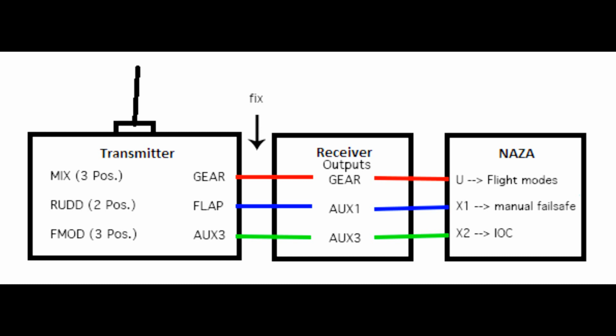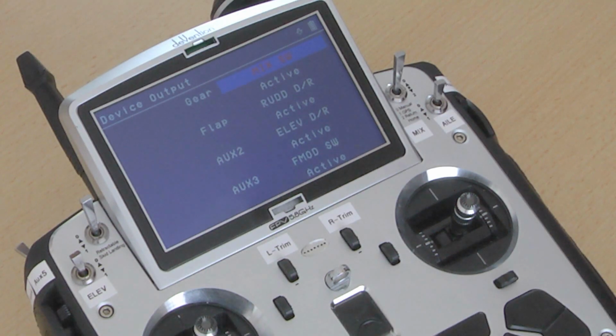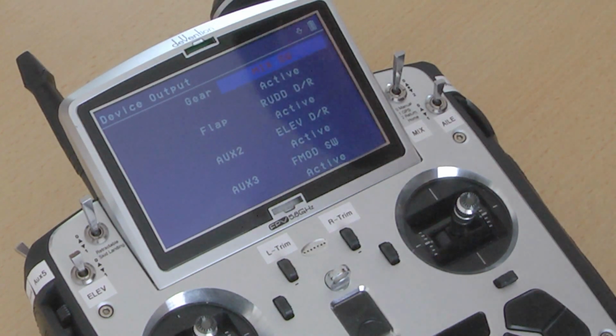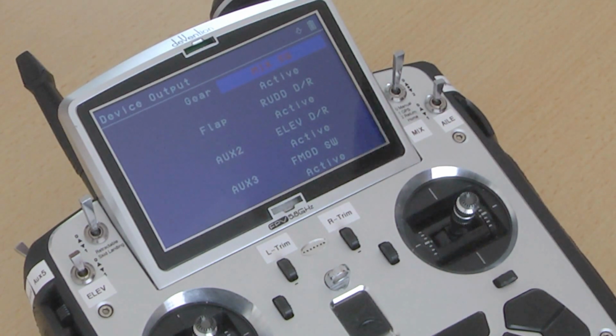Please remember that this scenario is only working for the traditional signal input, where the receiver channels are connected to the flight controller's channels one by one. If you use another receiver which supports PPM, the mappings of the channels between the receiver and the NASA will be different. If you want to change a switch for one function, you only have to change the switches behind the channels in the transmitter.